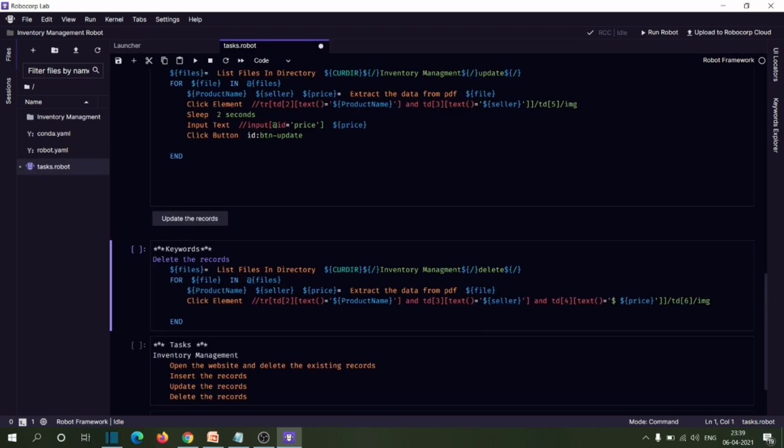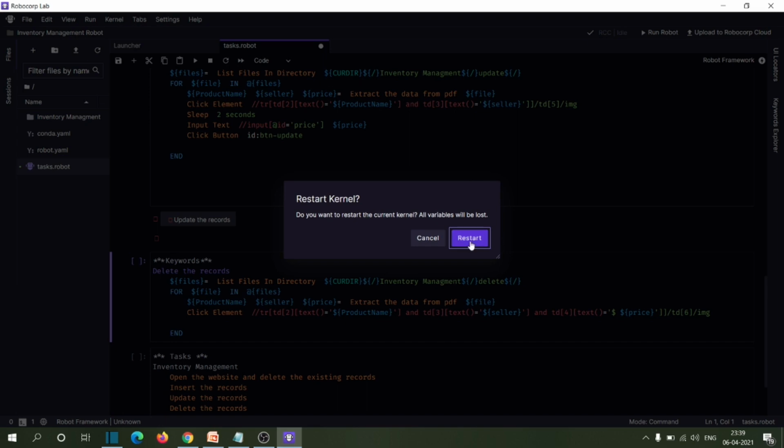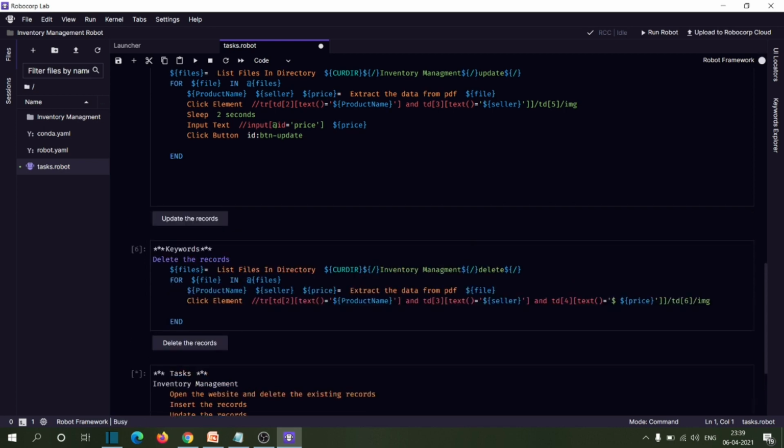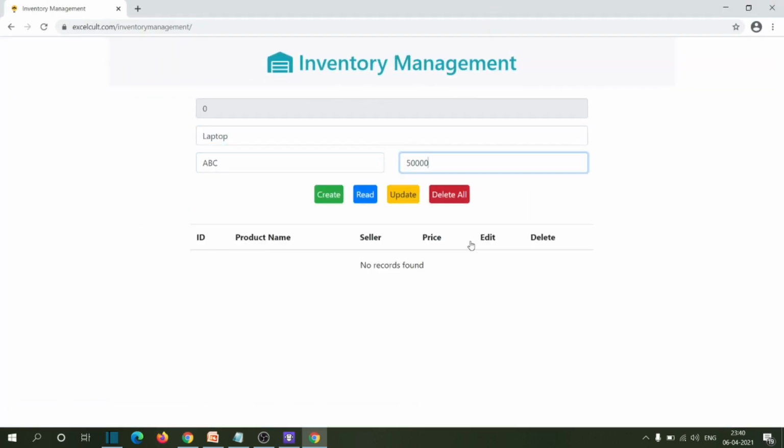So now let's run our workflow to see whether our delete the record step is working fine or not. So let me just restart the cell and click on restart. You can see it's opening the website.